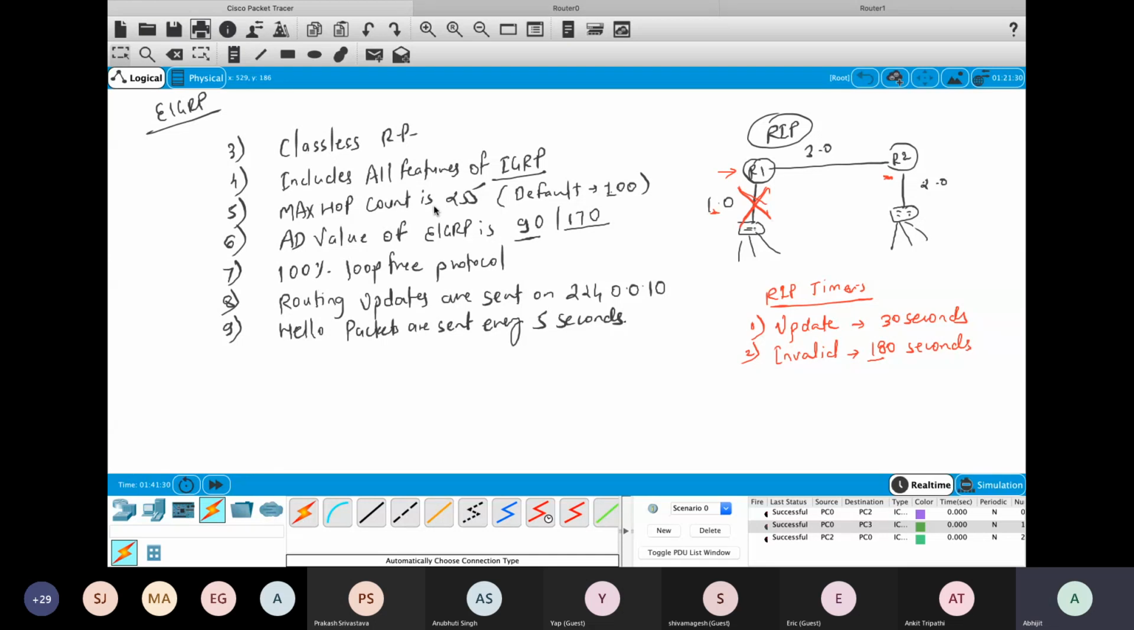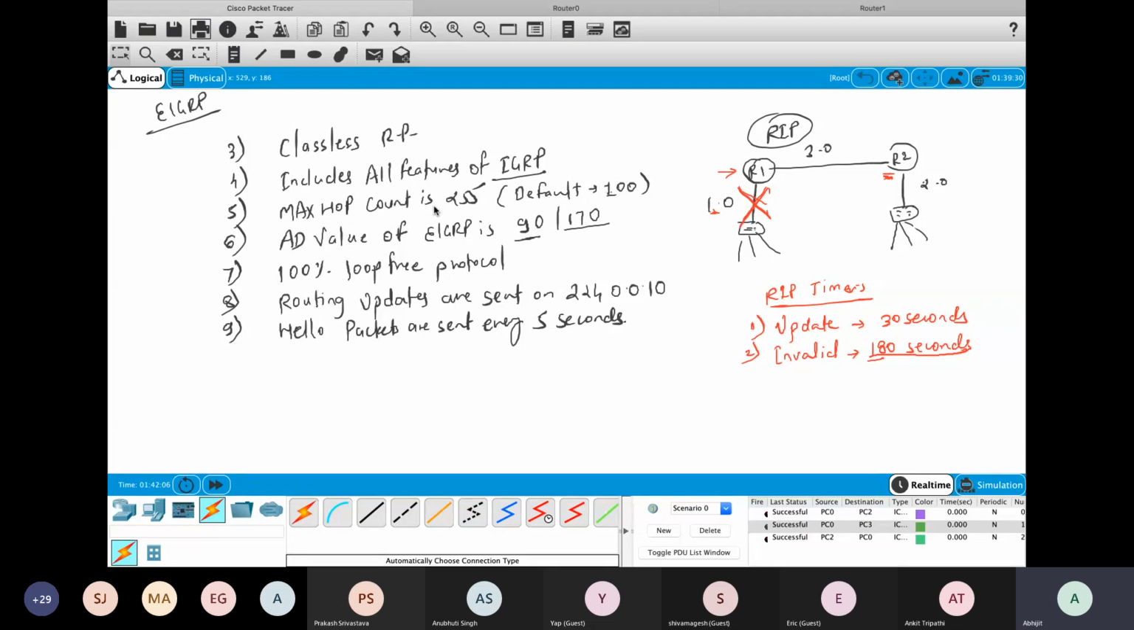From the next update, R1 will not advertise that route, because R1 will get to know that its 1.0 network is down and it cannot advertise that particular route anymore. But still, R2 will maintain the previous information about 1.0 for 180 seconds. Makes sense? In the hope that within 180 seconds the network admin will fix something and the network will come back up again. So in order to save extra processing, R2 maintains that particular route in the routing table